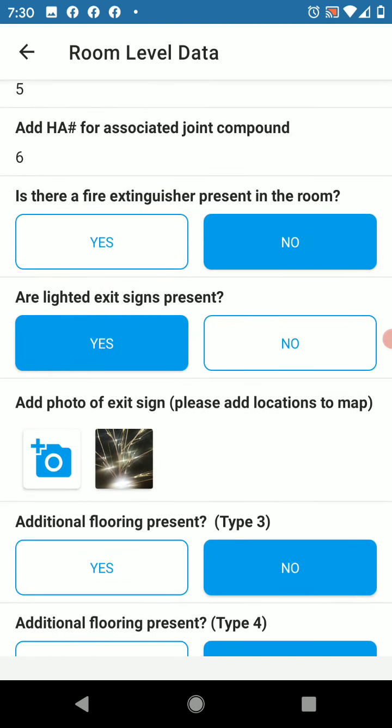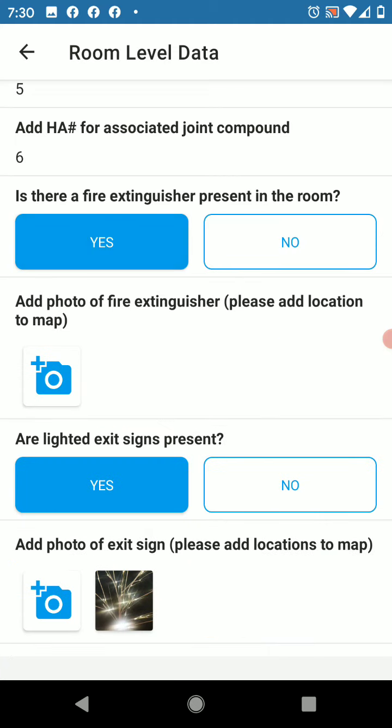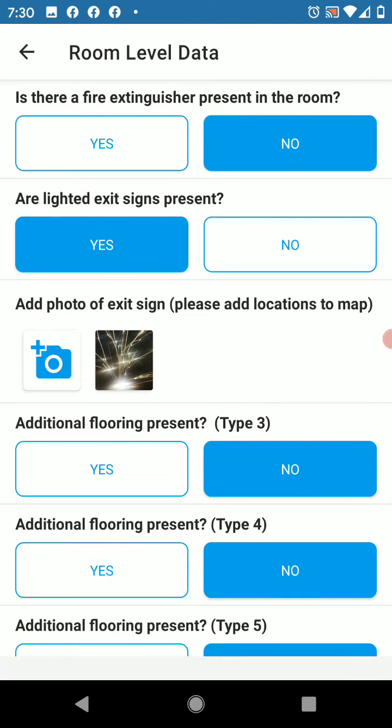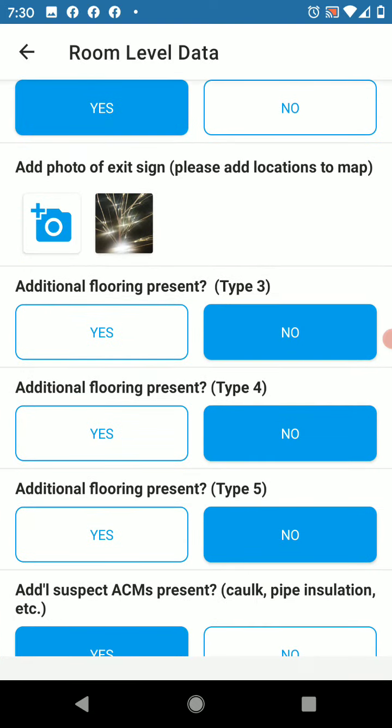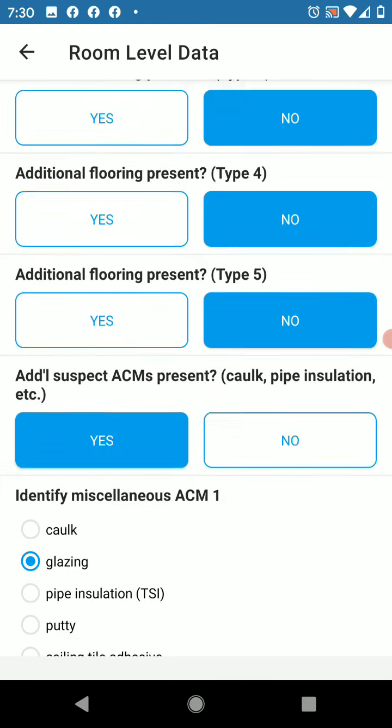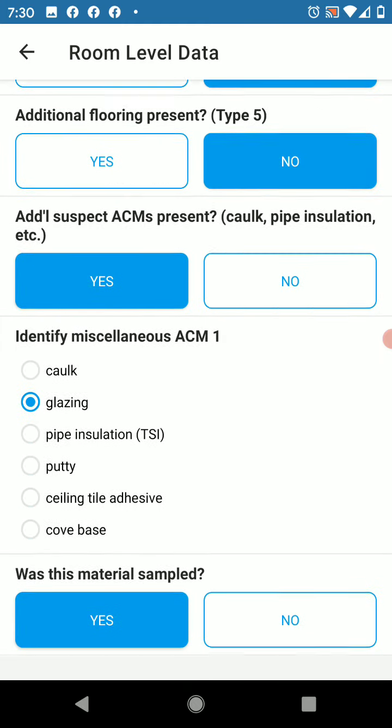Is a fire extinguisher present in the room? If you say yes, you want to add a photo of the fire extinguisher. You also want to add the location to the map. Same thing here with the photo of the exit sign. And then down here gives you some additional options for adding additional